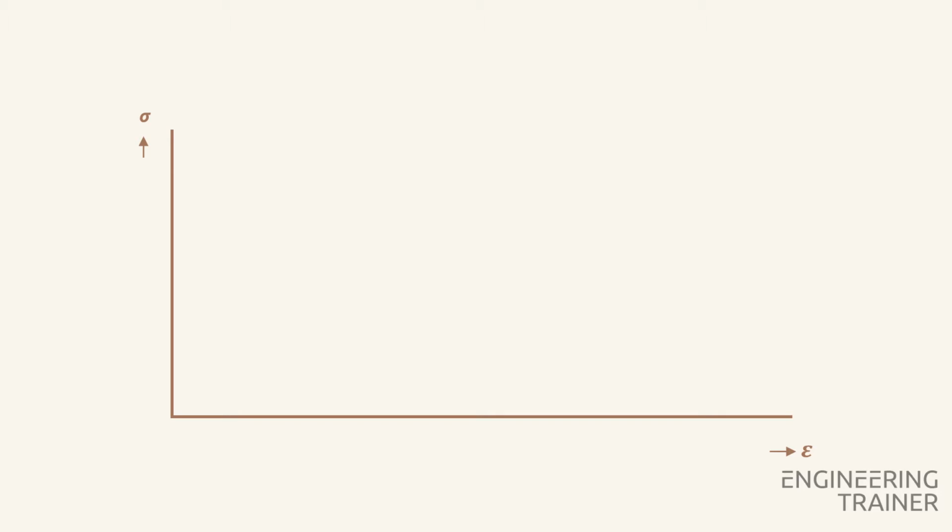Now what happens if we apply a force to the beam? The force stretches the material, thereby causing a strain, and at the same time the force causes a material stress. Initially, the stress and strain increase with a linear relation, so a straight line in the graph. The region of this linear relation in the plot is called the region of elastic deformation.